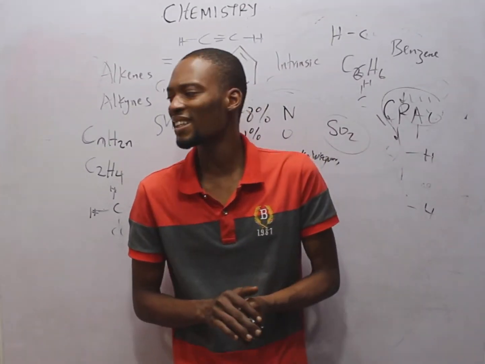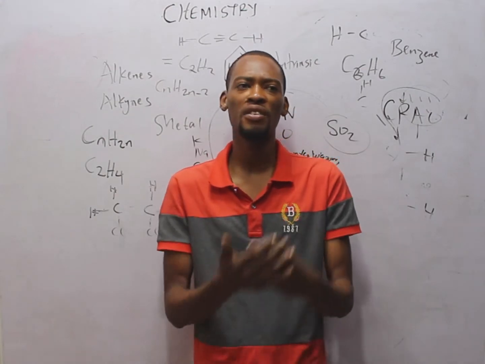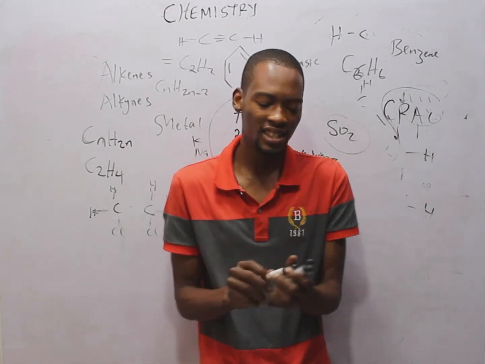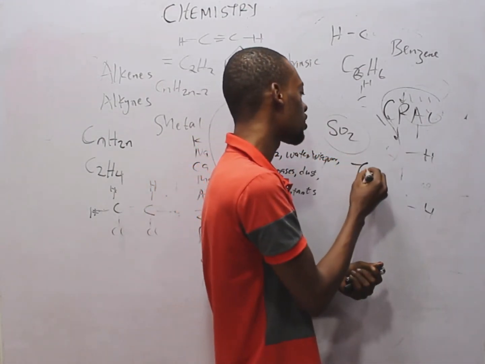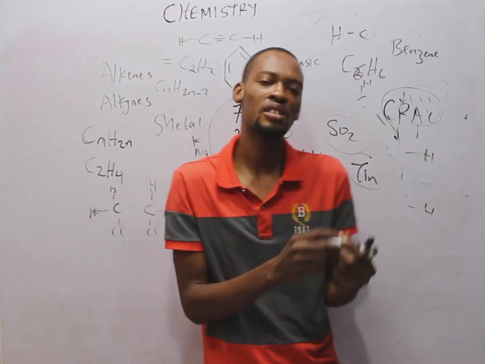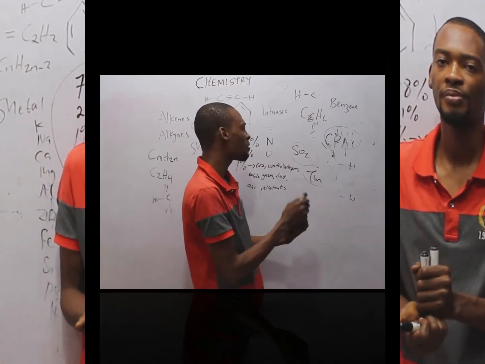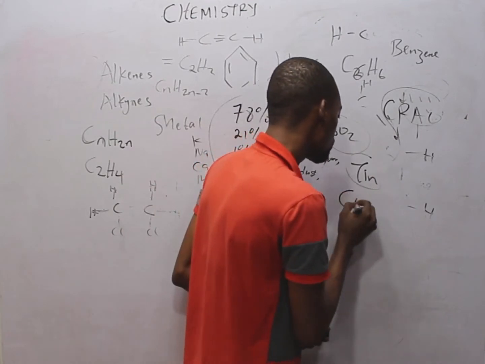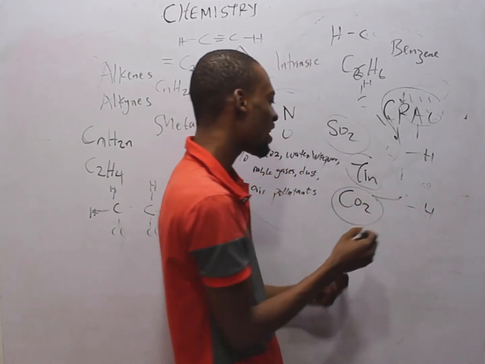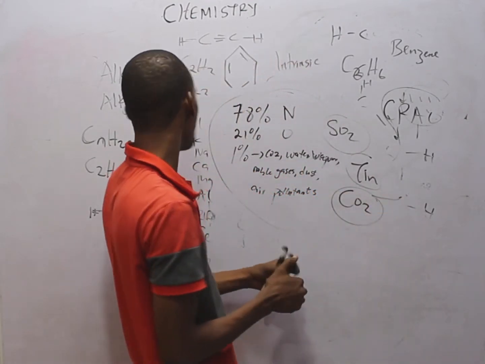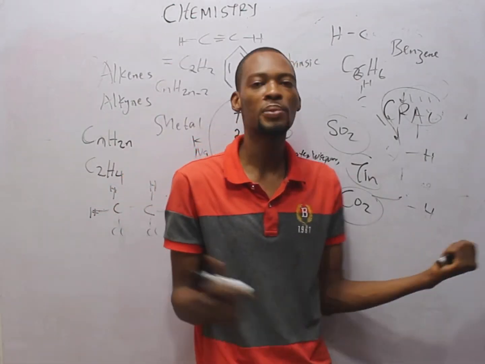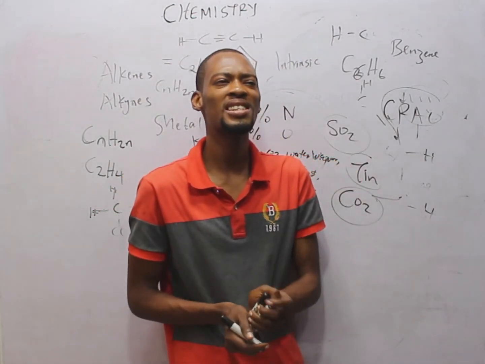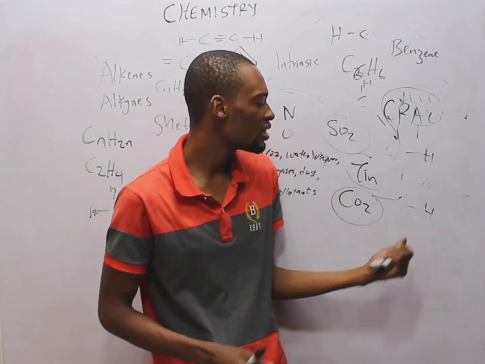Tin is the only metal that exhibits allotropy. We have white tin, red tin, and grey tin. So this is the only metal that exhibits allotropy. You may be asked, why is CO2 used as a fire extinguisher? It is simple. One, it does not support burning, and two, it is denser than air, so we use it as